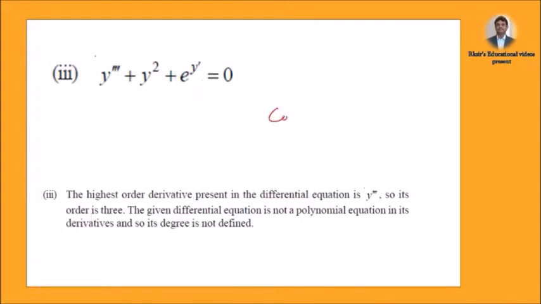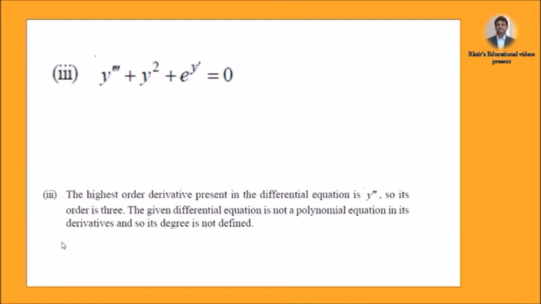Suppose you are given cos dy by dx, like this, plus y double dash is equal to 0. Now what is the order of it? You can say the order is 2, no doubt. But what is the degree? Not defined. With exponential forms and such, we can't exactly state the degree.